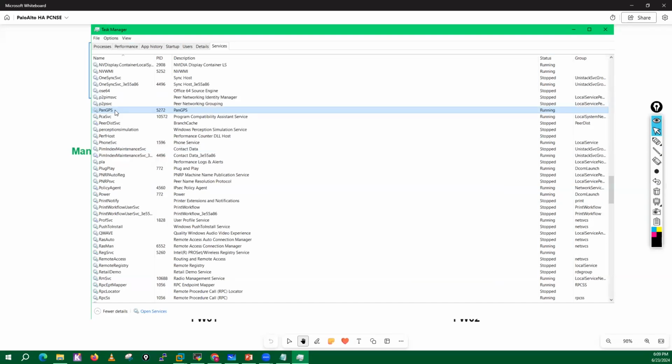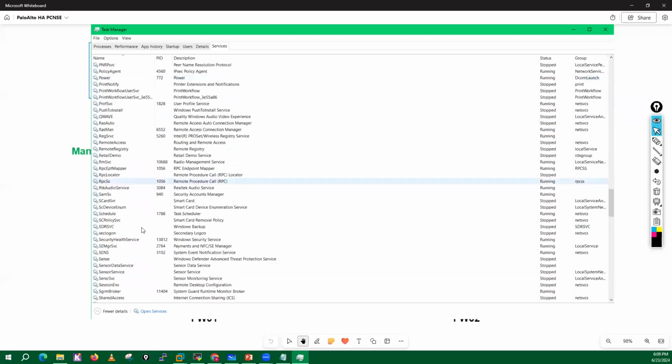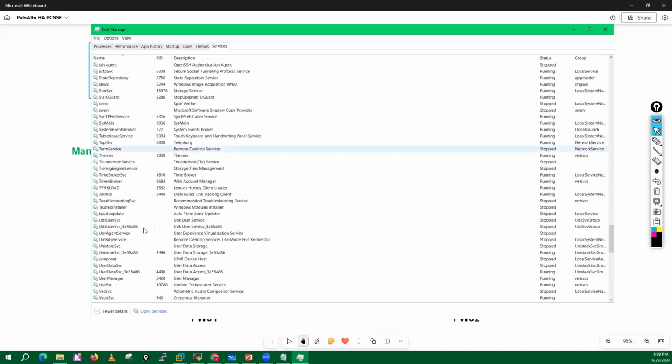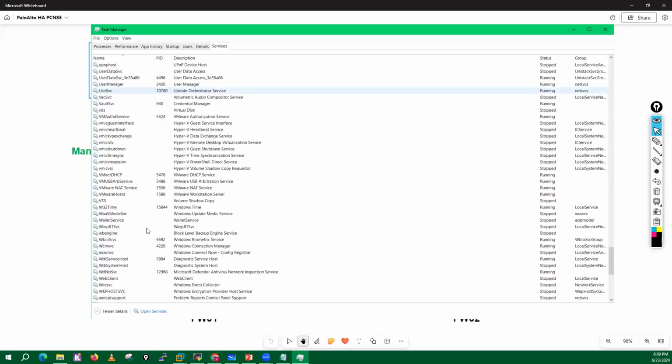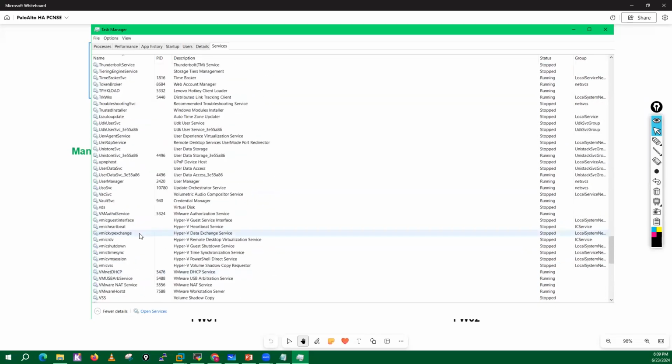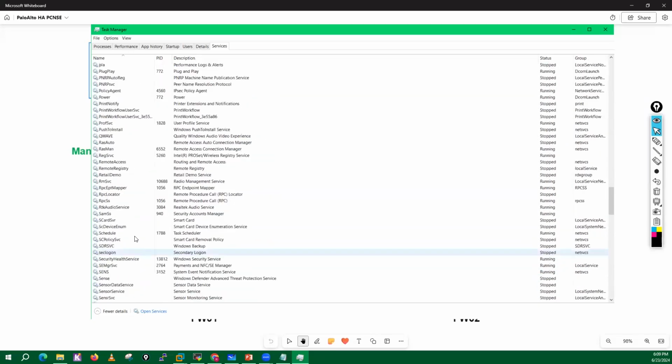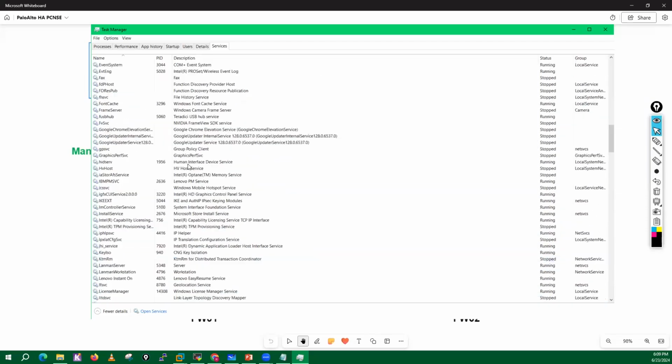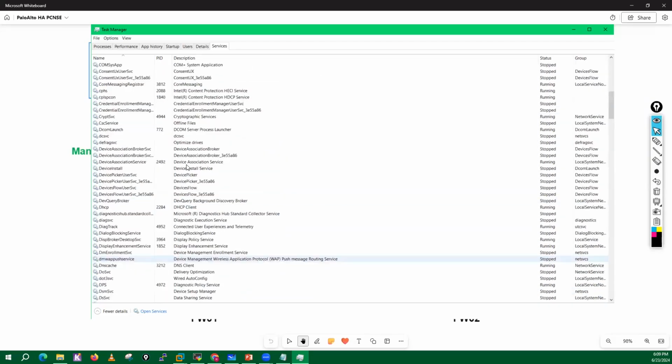Whenever you run GlobalProtect on your Windows machine or your Mac machine, you can see this PanGPS service. In a similar way, we have other services as well. We have a lot of services here. Why do we have these services? Because of these services, we can run multiple things, multiple applications